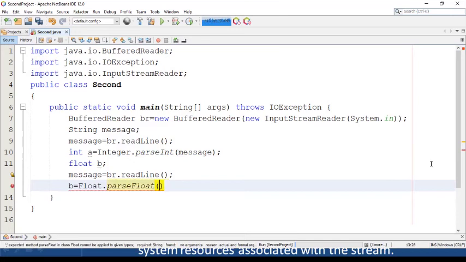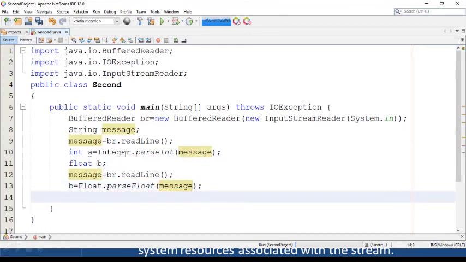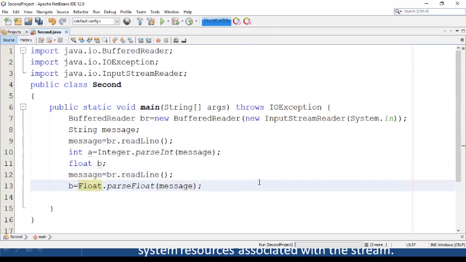And here you give a variable of string type from which you would like to parse the data. For extracting an integer value from a string, use Integer.parseInt. For extracting a float from a string, use the parseFloat function of the Float class.